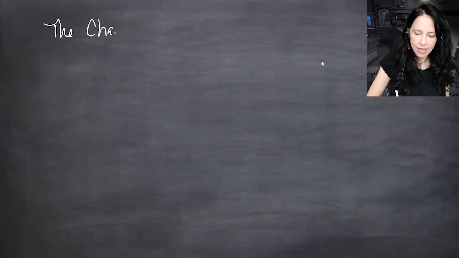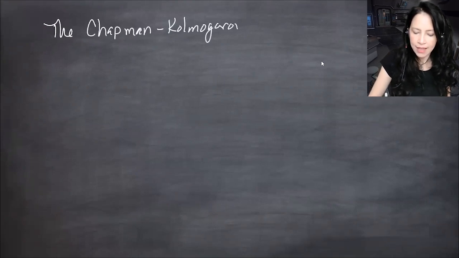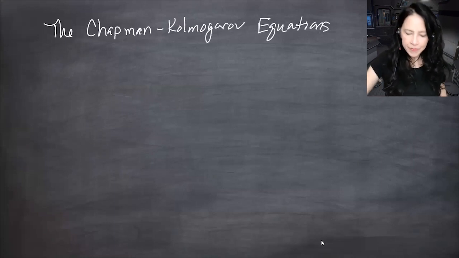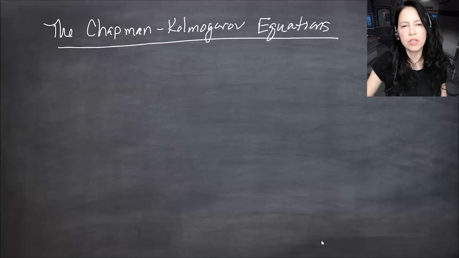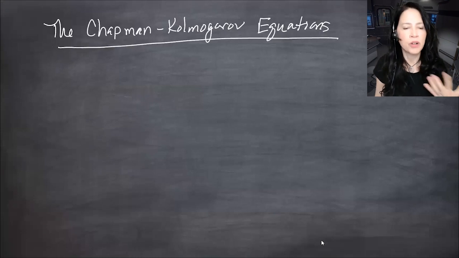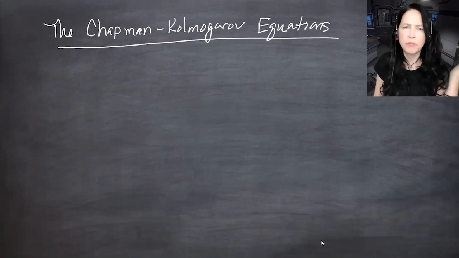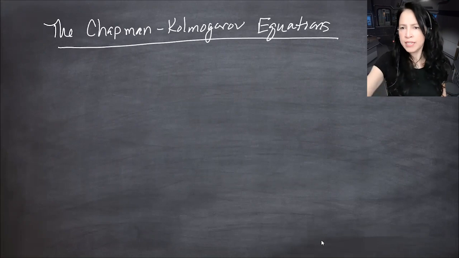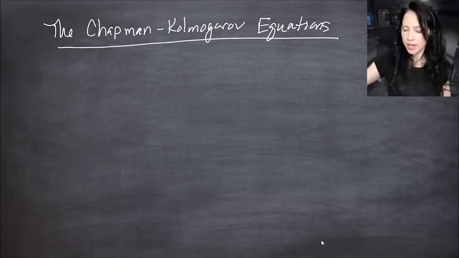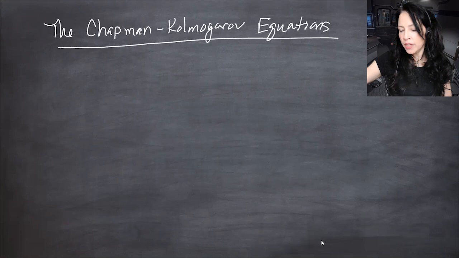All right, we're going to go back to the Chapman-Kolmogorov equations. At the end of the last class, we had a simple Markov chain. I don't remember the state space or the matrix, probably it took on values 0, 1, and 2. Markov people always start from 0 for some reason. And we had probabilities. What we did was we had a Markov chain example, and we had a matrix